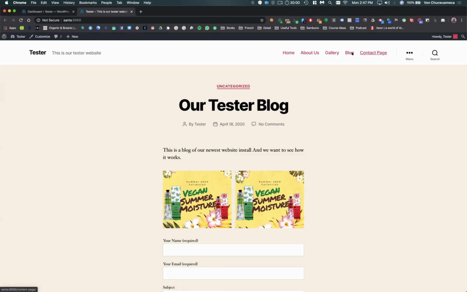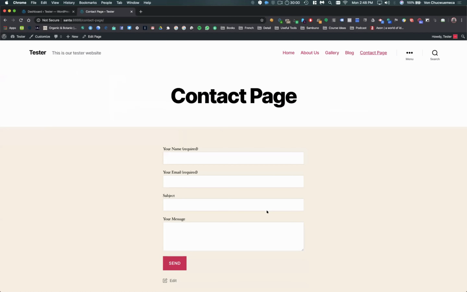We had created these menu pages. And so now we have the home, about us, gallery, blog, and contact page. And we had also added the contact form in the contact page so that people could send us information. So next here is just to build out the remaining pages and actually turn this into a full-fledged website that looks good and presents well and communicates some